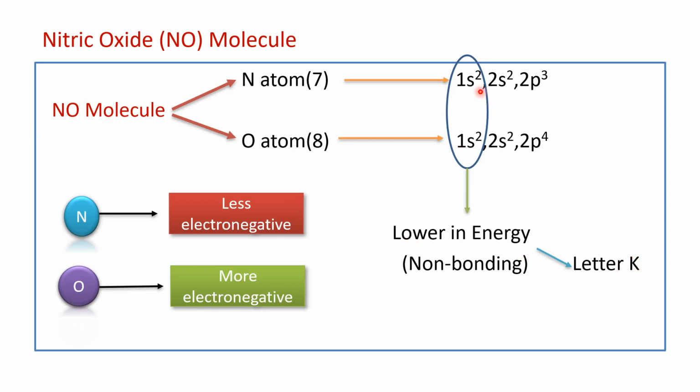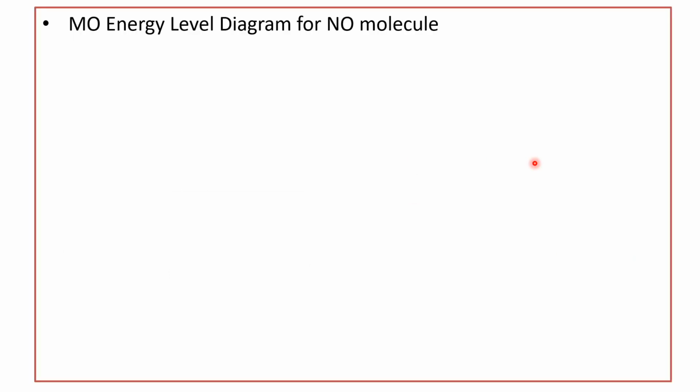Then the 2s and 2p atomic orbitals of the nitrogen and the 2s and 2p orbitals of the oxygen are only used for bonding purposes. Based upon this, we have the MO energy level diagram for the NO molecule. The MO energy level diagram for this nitric oxide molecule is just similar to that of a homonuclear diatomic molecule such as the oxygen molecule, so we have to refer to the MO energy level diagram for the oxygen molecule. The only difference is that we have to shift the positions of the oxygen to the lower side. That means oxygen contributes more to the bonding, and the nitrogen contributes more to the anti-bonding.